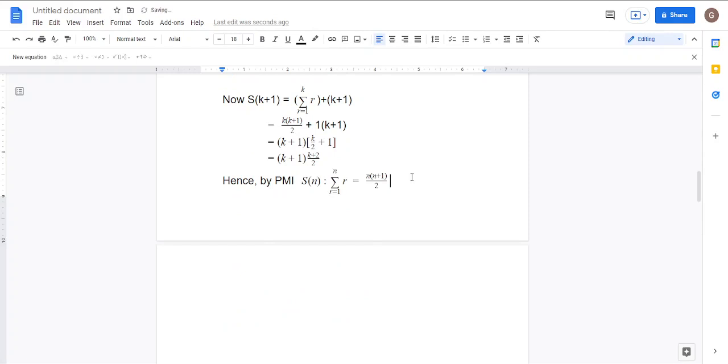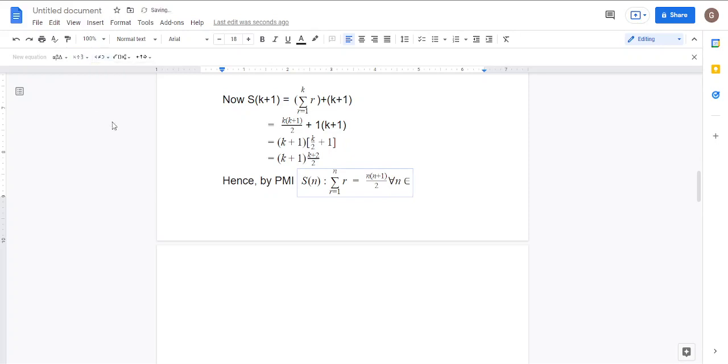Hence, by the principle of mathematical induction, we prove that S of n, which is the same thing as the summation of r from 1 to n of r, is equal to n times n plus 1 all over 2. I have to write down the last part, so we're saying that for every n in the set